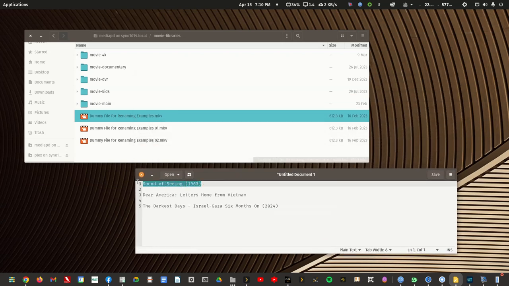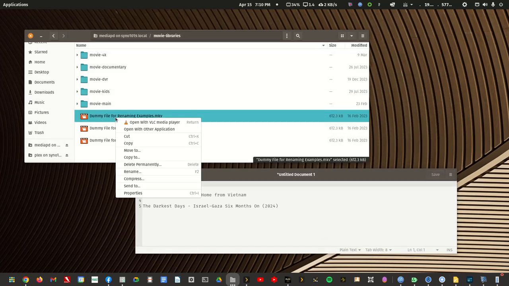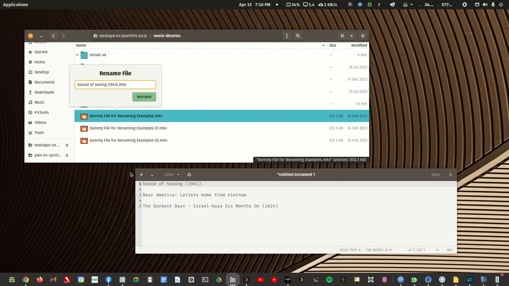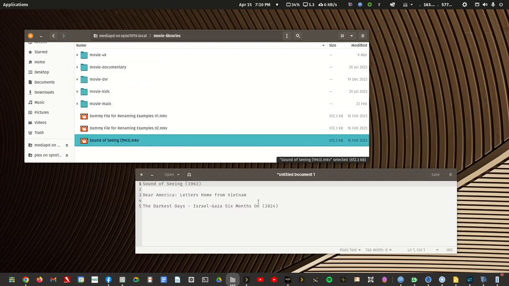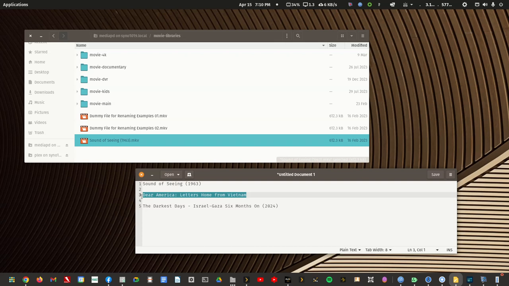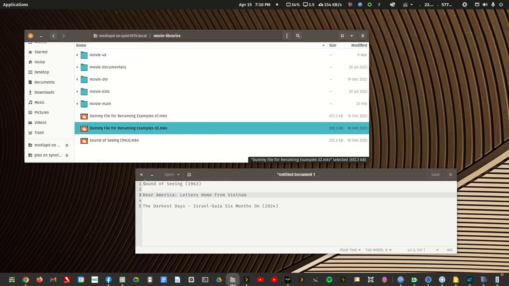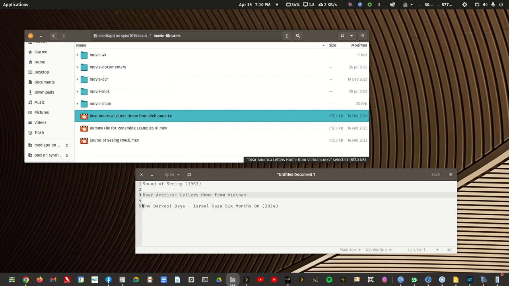So right now I'm just going to rename these dummy files to match these three documentaries. I don't have a year for this one, and I'm removing the illegal character. And what do we have left? We have the original one that